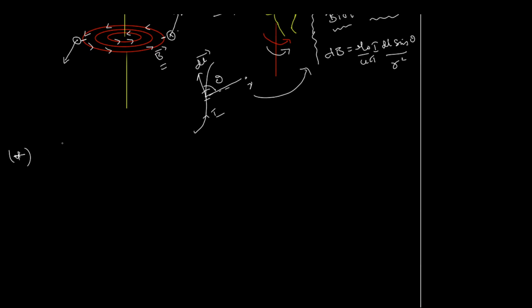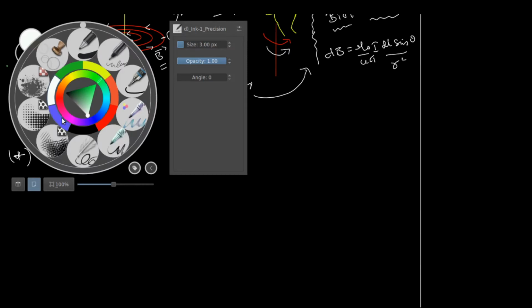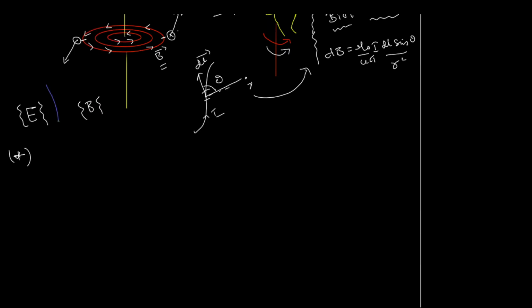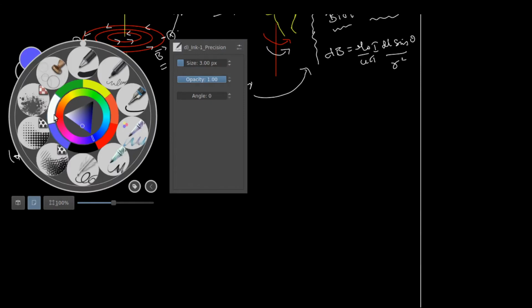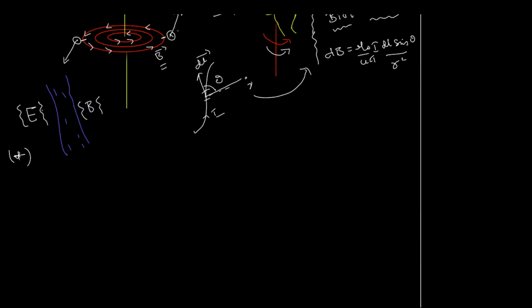So they are interrelated, but the only thing is, let's say on this side of the pool you have electrostatics and concepts associated with it, and on this side of the pool you have magnetism and concepts associated with it. And let's say you have some sort of river in between those two. That's a good analogy. What we have realized in our previous chapters, though, is that electricity can clearly produce a magnetic field. So we have sort of a bridge which can take us from this side to that side.